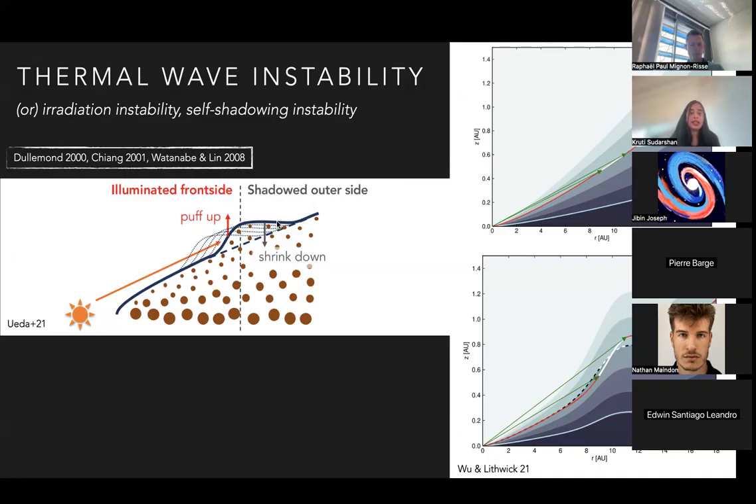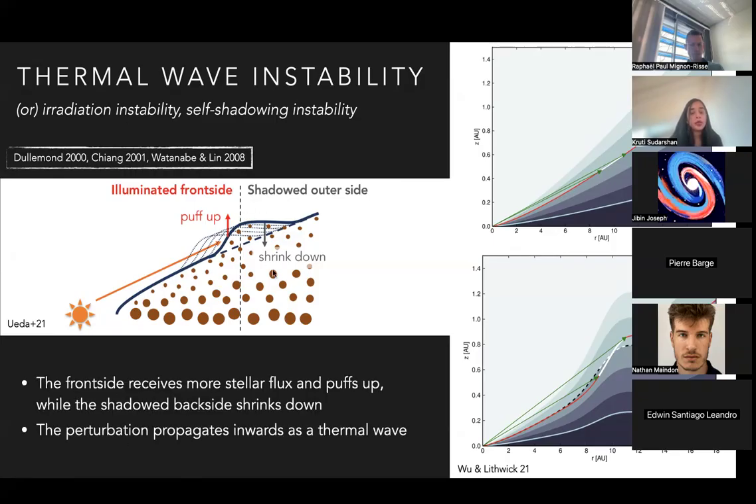What this instability says is that if you have perturbations at the surface of the disk, then you can drive thermal waves that form and propagate inwards. I'd like to show this particular schematic for you to understand how this process works better. So if you have a perturbation at the surface of the disk, the inner side of the perturbation is now exposed directly to the starlight, and hence it heats up and vertically expands outwards from a simple plane. And the region directly behind it is now shadowed, and hence it cools down and contracts,